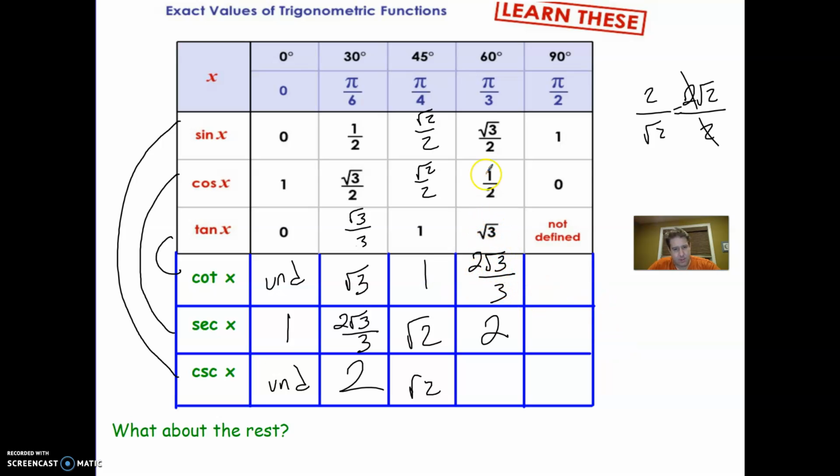This does not link up to this. This links up to this. So that's 2 times the square root of 3 over 3, and square root of 3 is the reciprocal of square root of 3 over 3. Just like 30 and 60, tangent of one is the other. Okay, so cosine of this will be undefined. This is 0, and this 1 stays 1, like such. Okay,